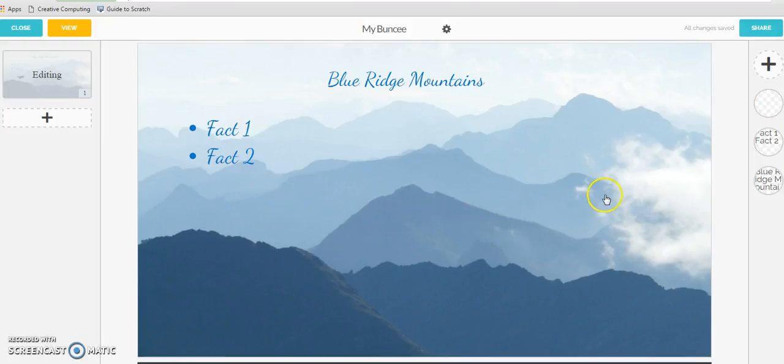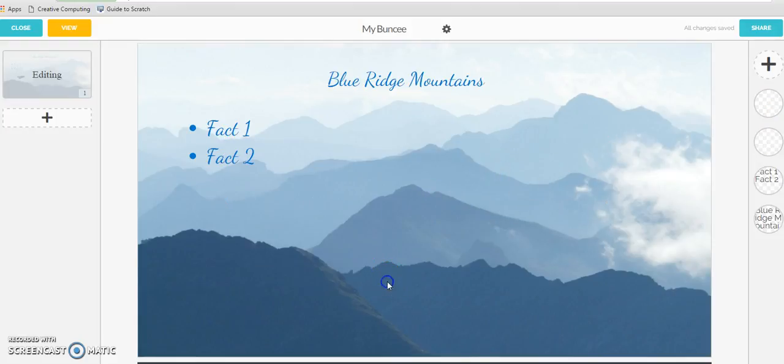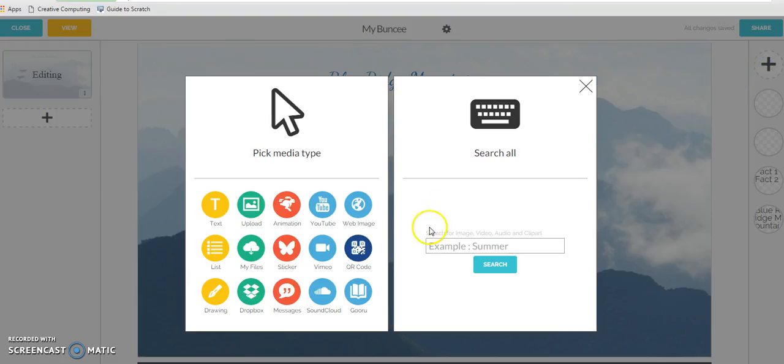If I click on this guy, I can also duplicate him. I'm not sure if you guys can see that, but at the bottom of my screen, I can click duplicate, and you'll see now we'll start seeing two of them fly across the screen. I can move one around so it's up a little further. Then I could add, let's say,